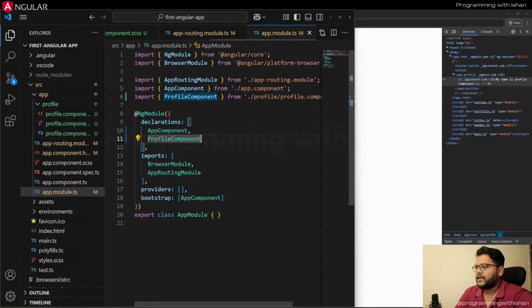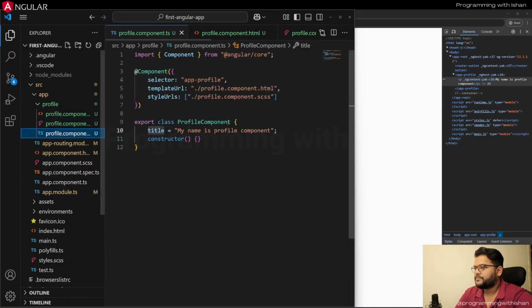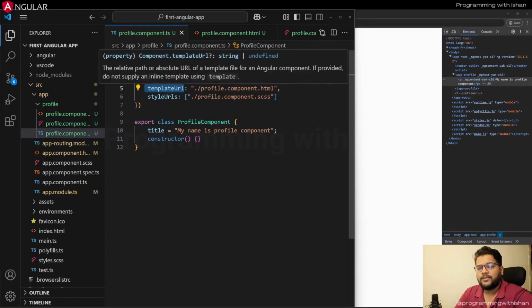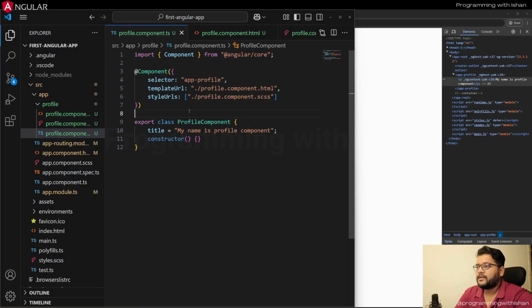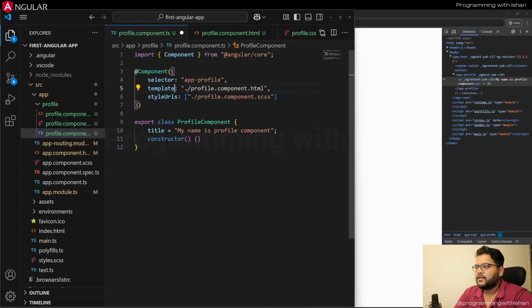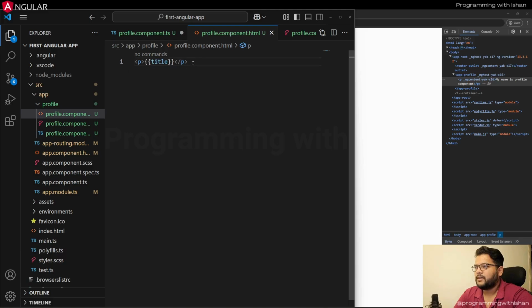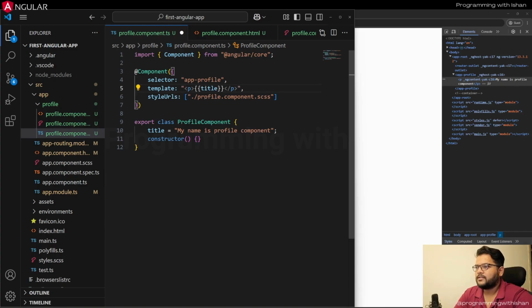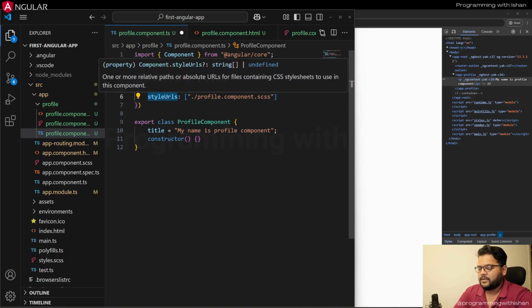Now there is one more catch here in the component. In place of this template URL and style URLs, you can also provide the template as well as style directly. So in place of template URL, I can just put a template key with the value of the actual HTML code which we wrote in our template, profile.component.html. So here let's add this paragraph tag with the title variable using the interpolation,